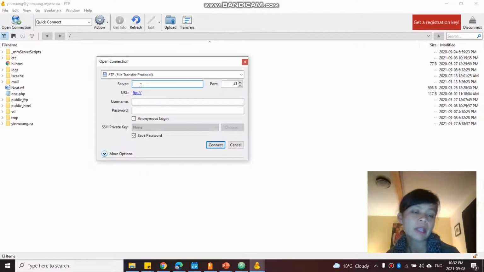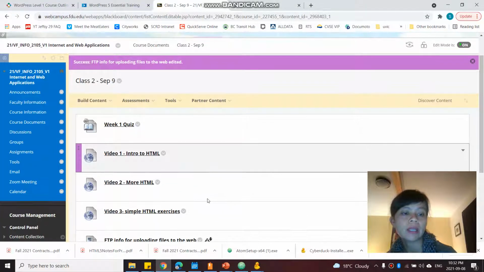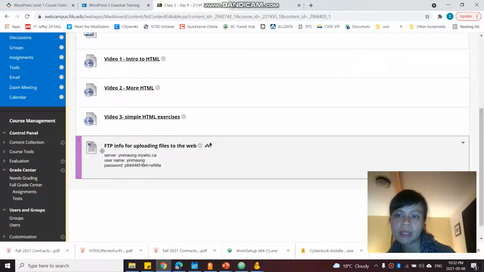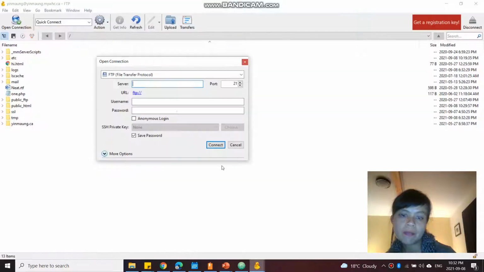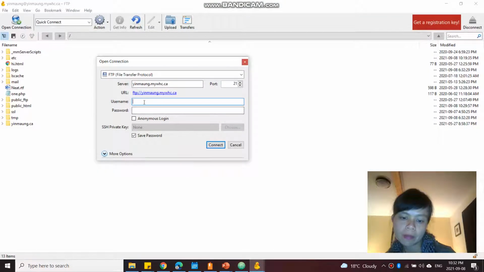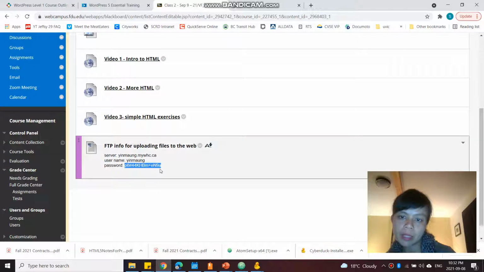And here you have to enter your server name, username, and password, and that is all available to you in your course documents in Class 2 folder. So let's scroll down to the bottom here, FTP info for uploading files. So let's select this one for the server name and for the username. And then for the password,